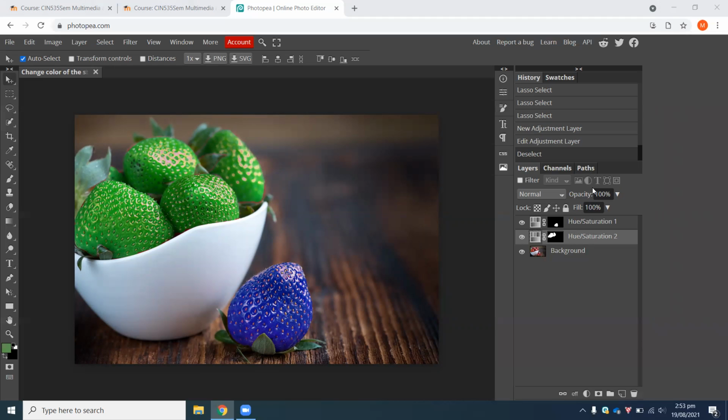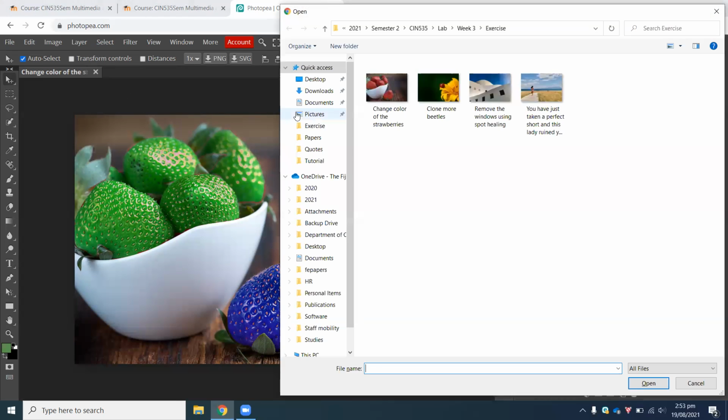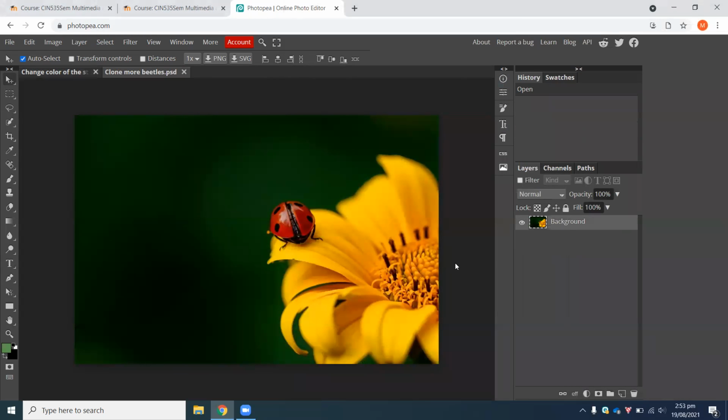Okay, moving on. The next image that we were working on was, we had to go around cloning the beetle. Now do notice that for cloning, we generally use a clone stamp tool, which you have here, but in this case I don't think that using the clone stamp tool is going to be very easy. Why? Notice this. If I use a clone stamp tool, normally I would go and make the size of my brush bigger,